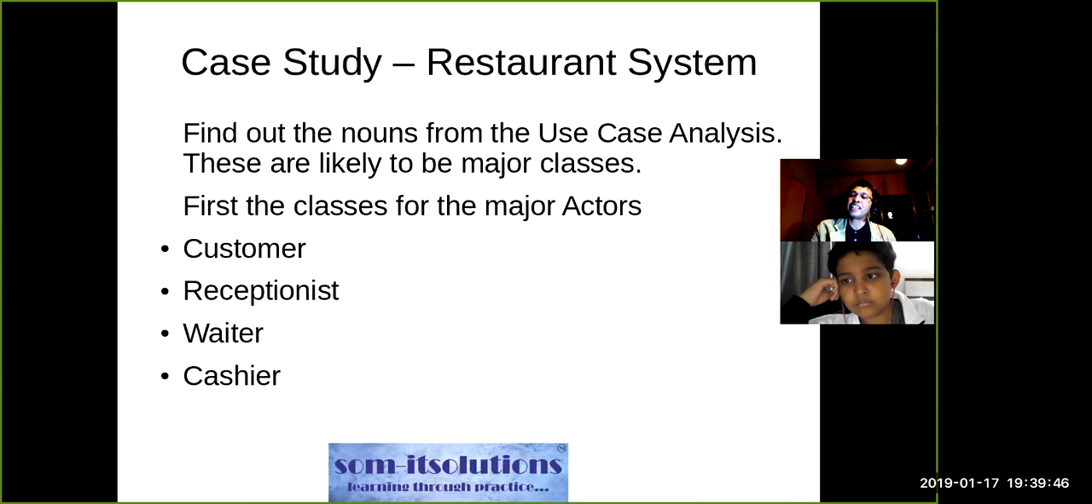So we need to find out what the major actors are, and those will each be a single class. And what are the major entities that the actors will be using. Just one thing to mention,